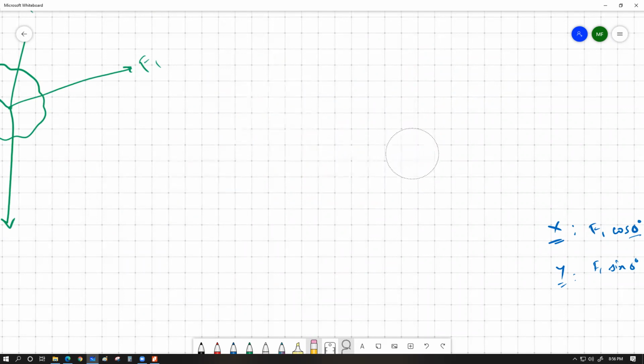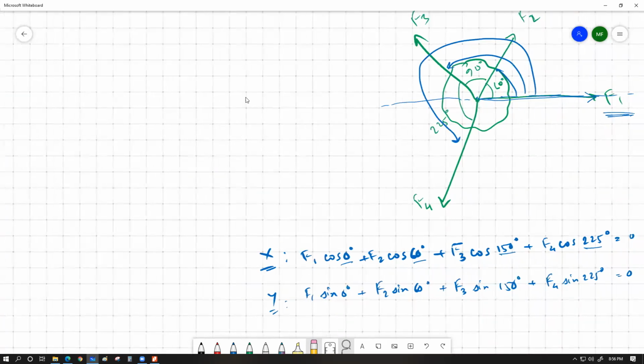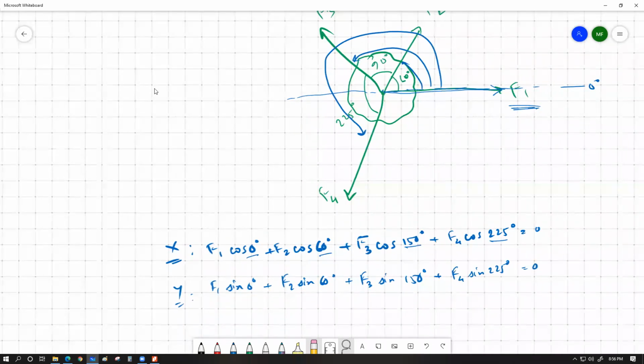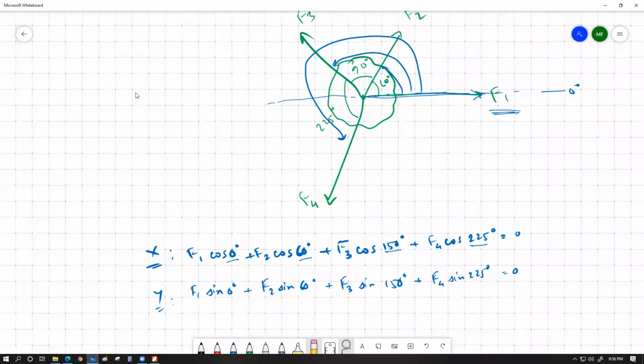স্যার 225 অ্যাঙ্গেল কেমনে হলো f4 এর সাথে বুঝিনি এটা. ওহো আমি ভুল লিখছি, সরি, I wrote wrong. Thank you, thanks for figuring that out. I meant that from the positive x-axis all the way up till this point angle is 225, whereas এই পয়েন্ট থেকে এই পর্যন্ত অ্যাঙ্গেল হবে 225 minus 150 সাবট্রাক্ট করলে কত হয়